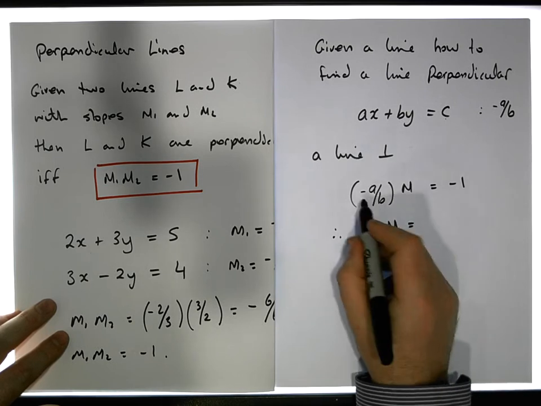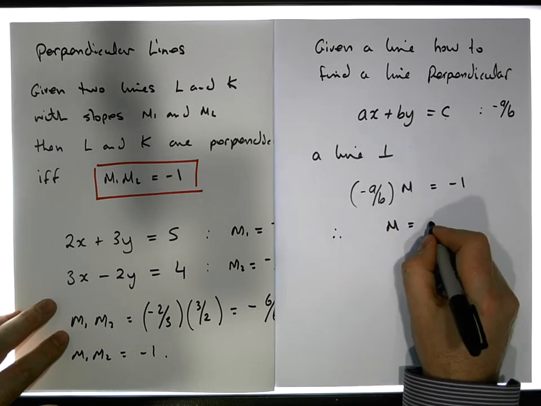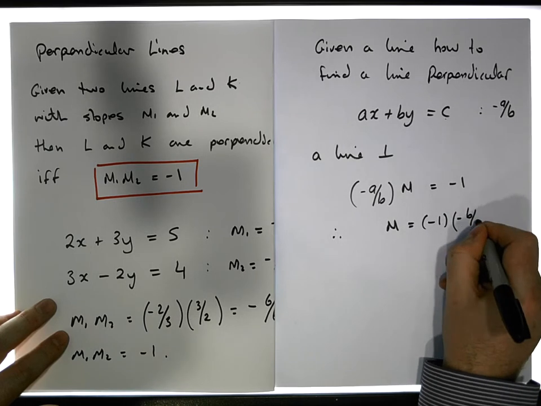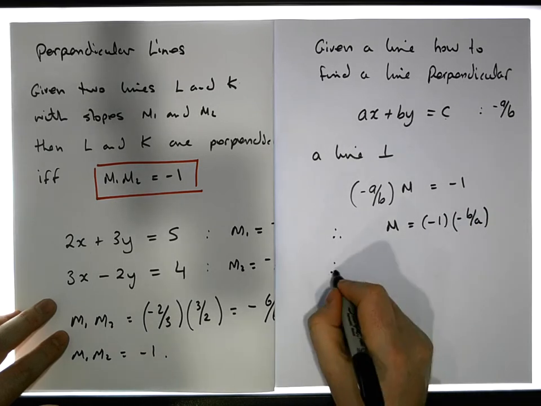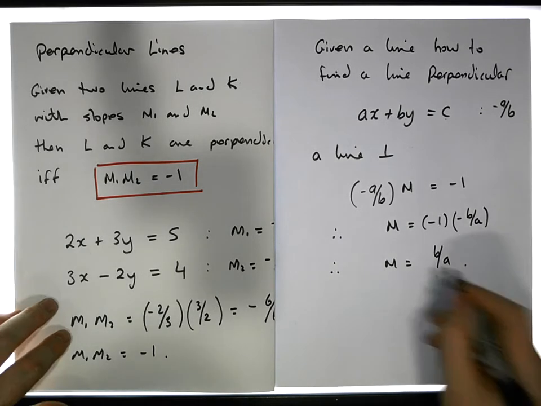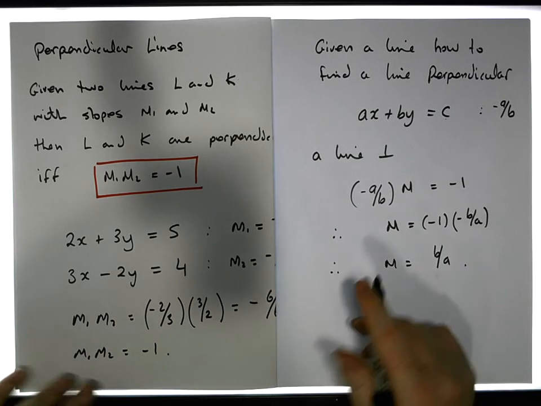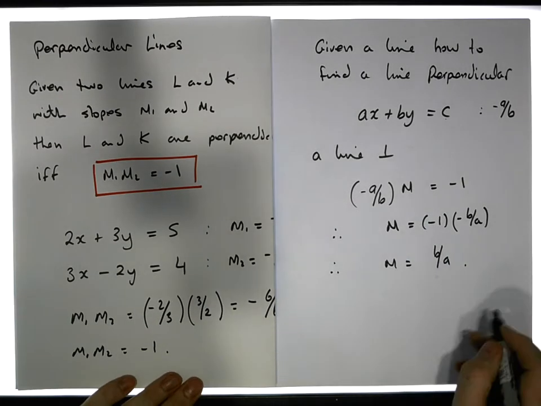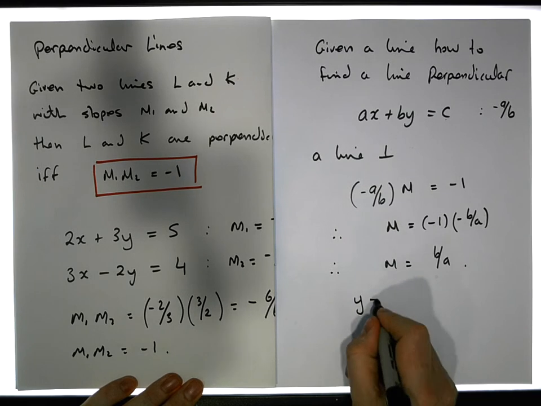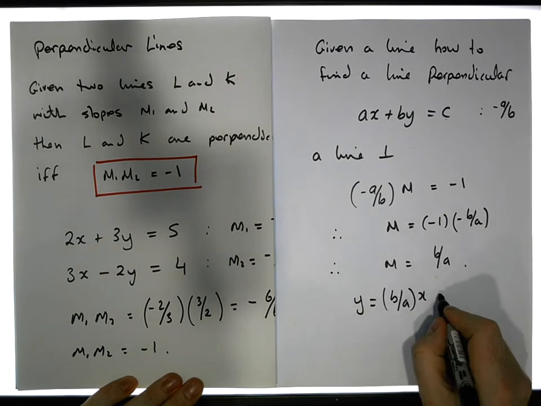multiply across by minus, this gives us minus 1 times minus b over a, which gives m equal to b over a. The slope of this line must be b over a. So if the slope is b over a, let's put that into y-intercept form. The line that's perpendicular must be y is equal to b over a times x plus some constant,